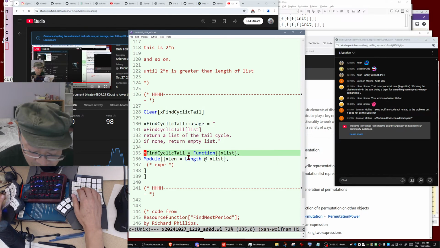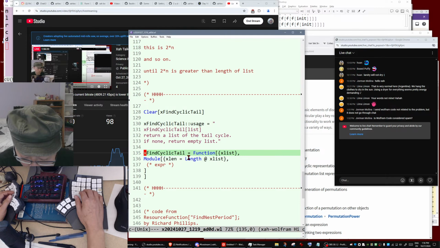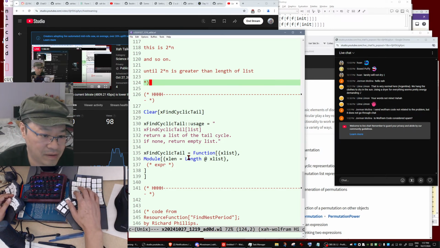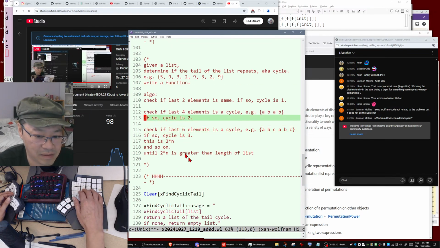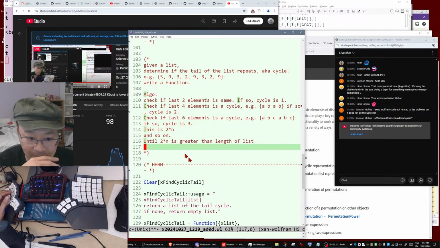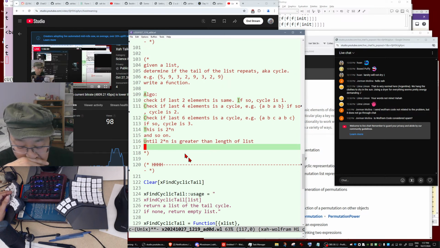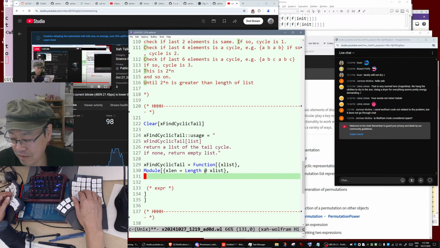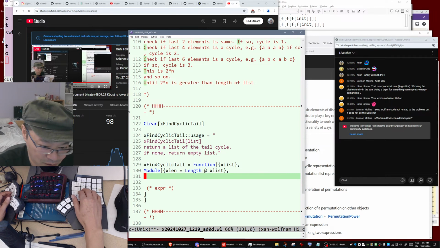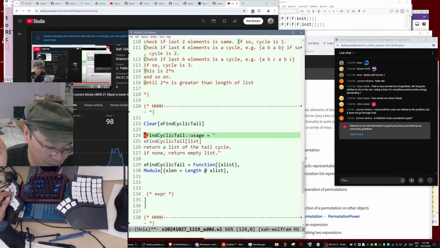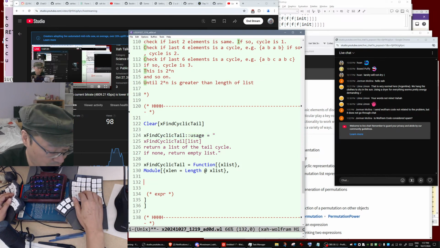So we want to find the tail of a function, and so we can follow this algorithm, something like that. Okay, so we can use a pattern matching. So this would be interesting. Okay, one single line of pattern matching will find you the repeating tail of a list. Okay, so you want to do